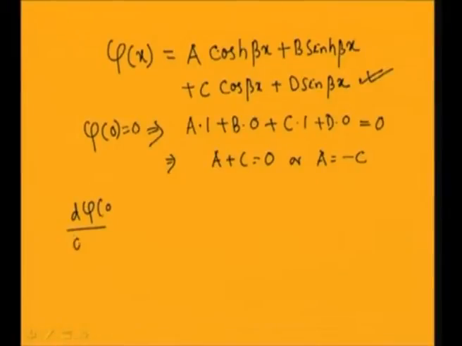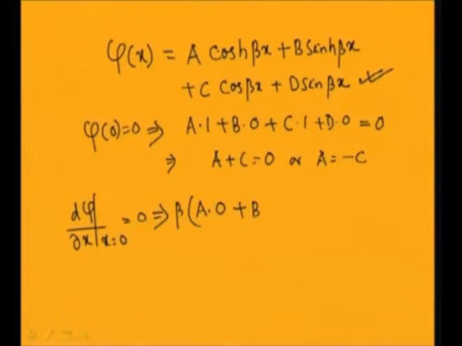So, we can differentiate this expression once and substitute x equal to 0. The first derivative dψ/dx at x equal to 0: the cos will become sin and the sin will become cos. Sin hyperbolic will become cos hyperbolic, times beta. So I can write beta into a into, for cos hyperbolic this becomes sin hyperbolic. By substituting x equal to 0, this becomes 0.